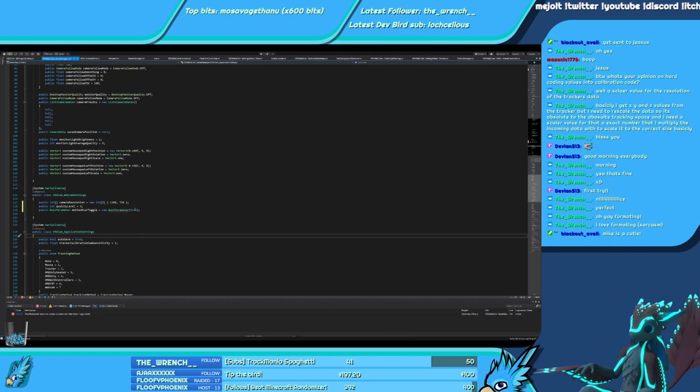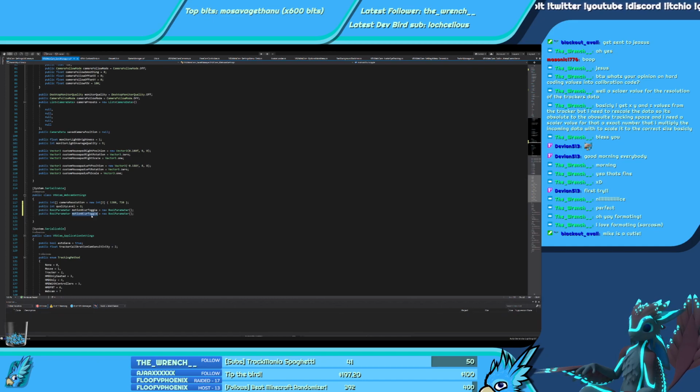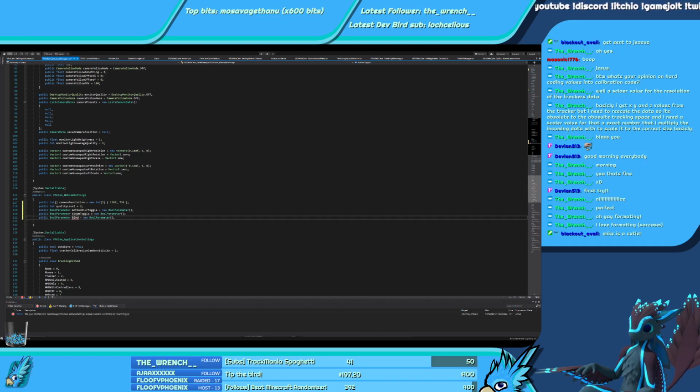No. So one for motion blur toggle, and one for ambient occlusion toggle.